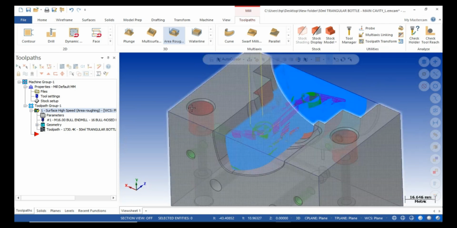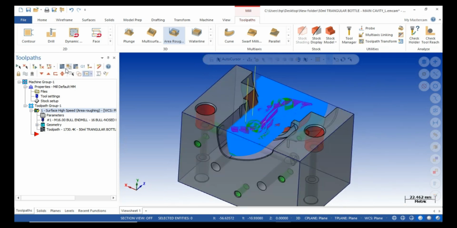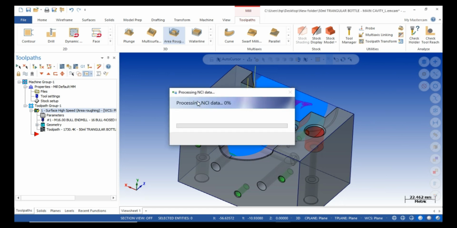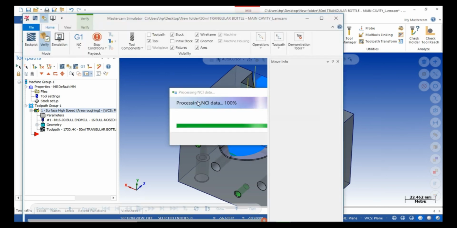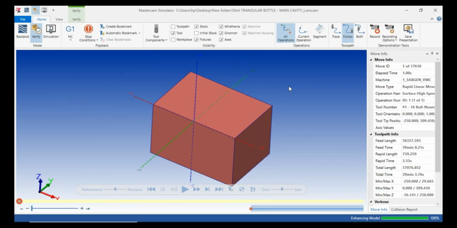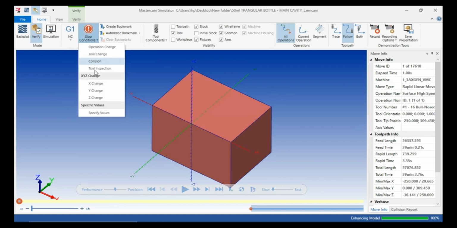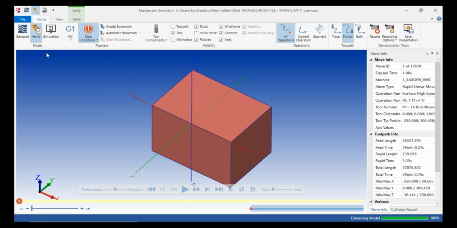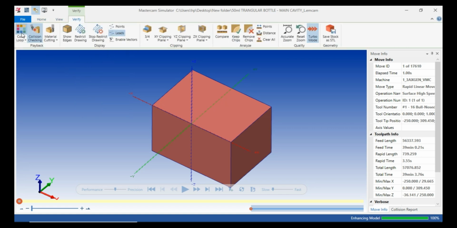Now we will go for 3D simulation. Stop condition for collision, and you can see in the color mode.